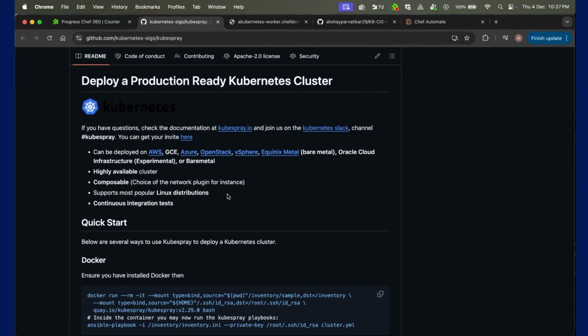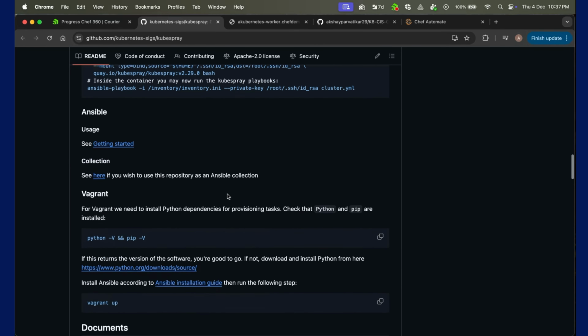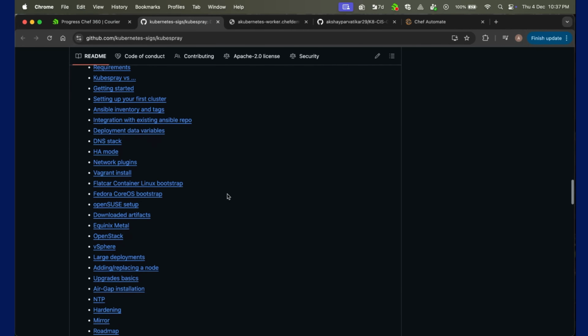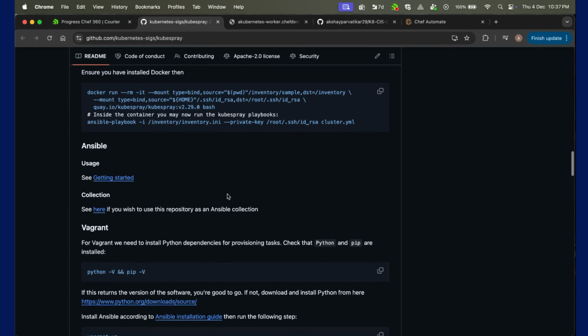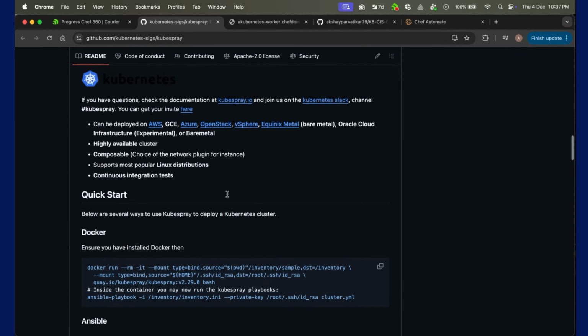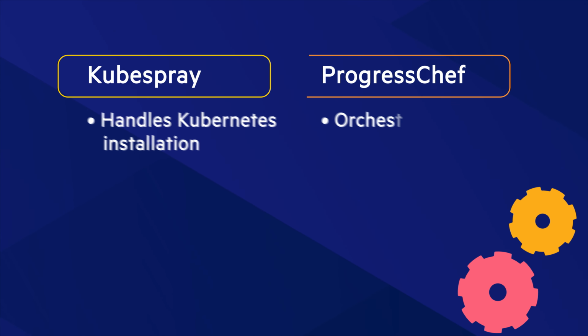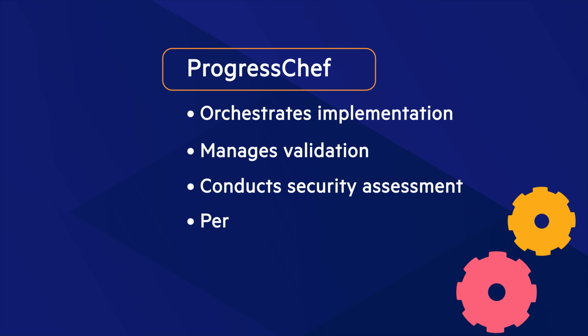Kubespray is a production-grade, Ansible-based Kubernetes deployment framework maintained by the Kubernetes SIG Cluster Lifecycle community. It abstracts the complexity of bootstrapping Kubernetes control planes, networking, container runtimes, and node lifecycle operations into a repeatable and declarative process. In this demo, Kubespray handles the Kubernetes installation, while Chef orchestrates implementation, validation, security assessment, and remediation in